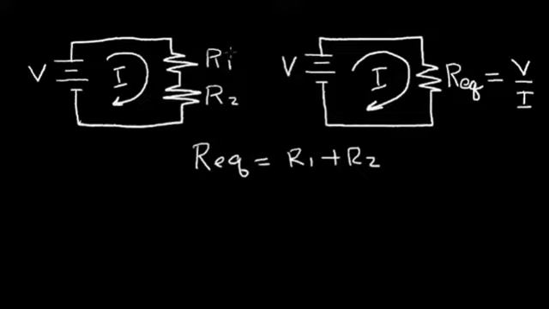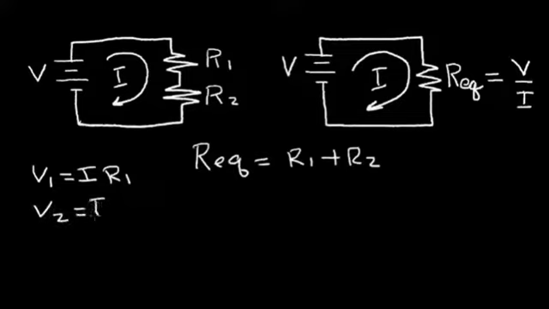So I can calculate the voltage across R1. V1 is equal to the current times the resistor R1 by Ohm's law. Now I can calculate the voltage drop across R2, and we'll call that V2,